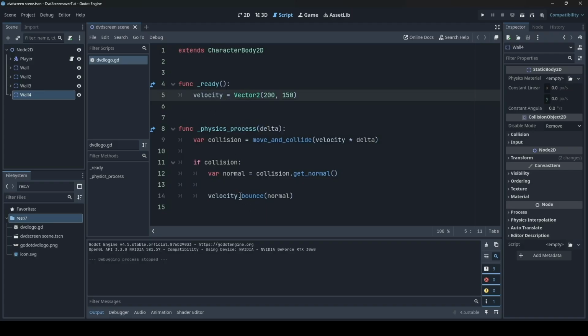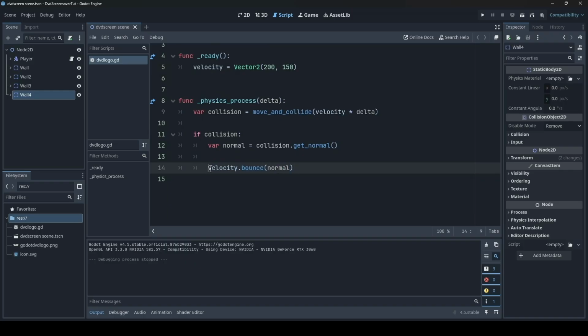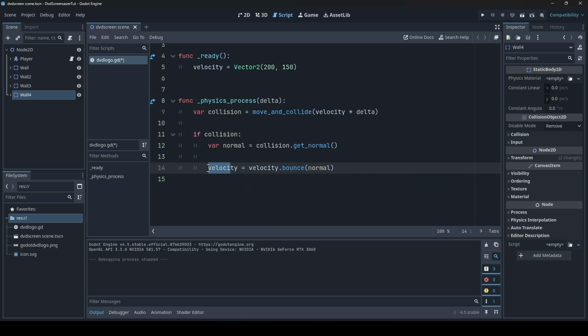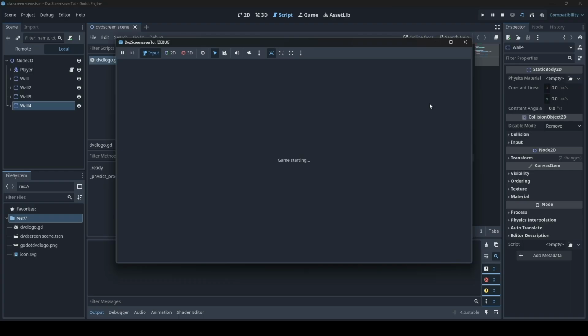So to fix that, we'll just say velocity equals the bounce, because we want it to change the actual velocity of the character, not the information that is attached to the velocity, if that makes sense. If I am not explaining that correctly, please correct me in the comments, but this is how I understand it. So now when we go and play it,